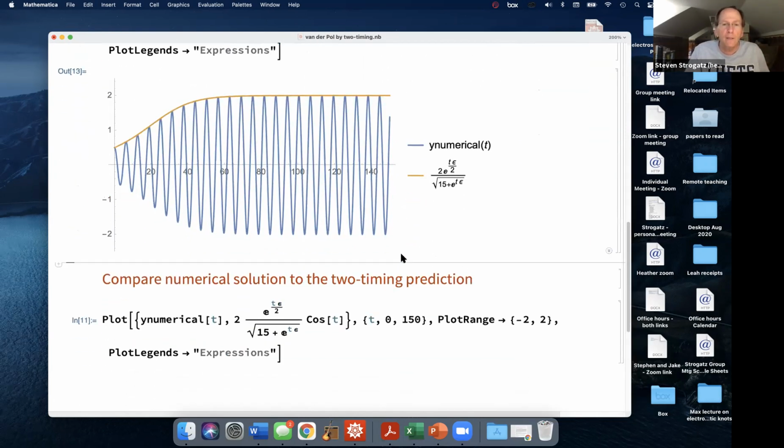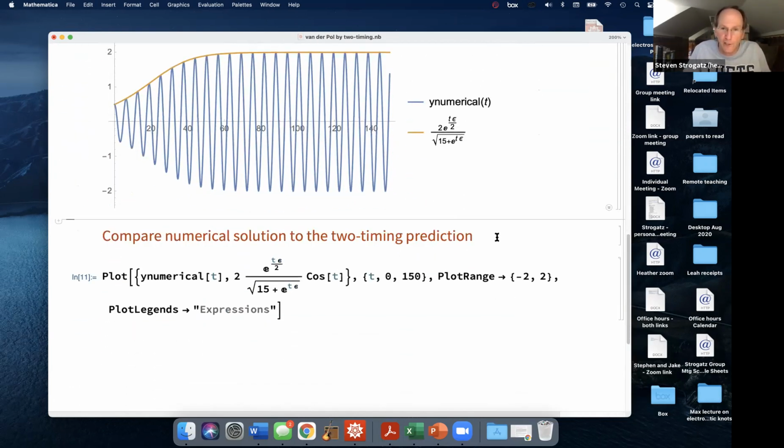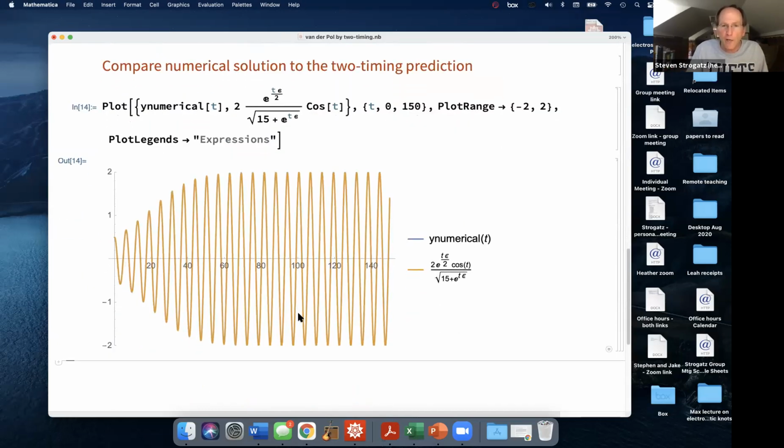And if you compare the whole solution, not just the envelope, not just the amplitude, I'm sorry, I want to run this, not the comment. It's another one of these situations where you can't see the difference. The asymptotics is totally nailing what the numerics is doing, even on 15 of these long time scales. 15 times a 1 over epsilon. So it's really working very well. And we'd have to wait a super long time to start seeing some other effects coming in.